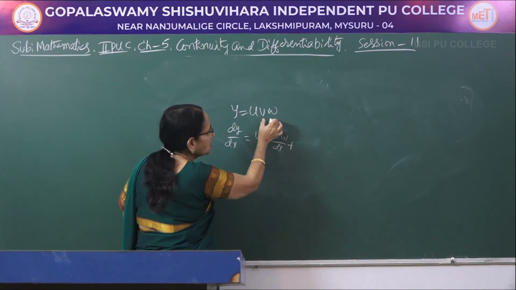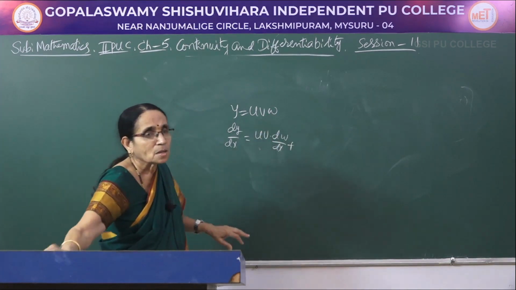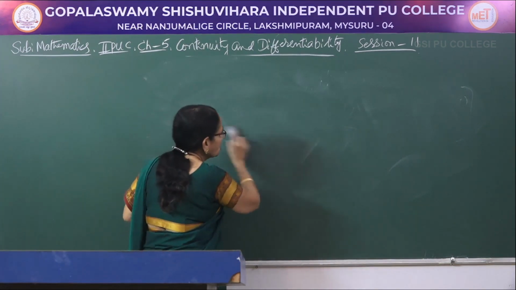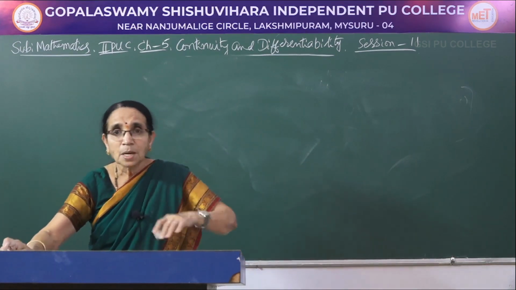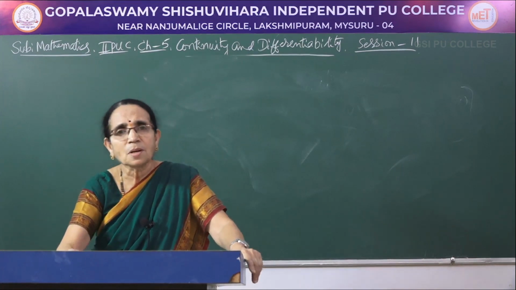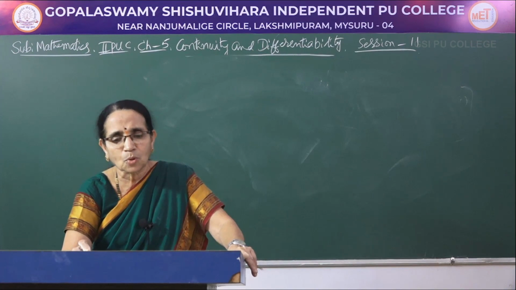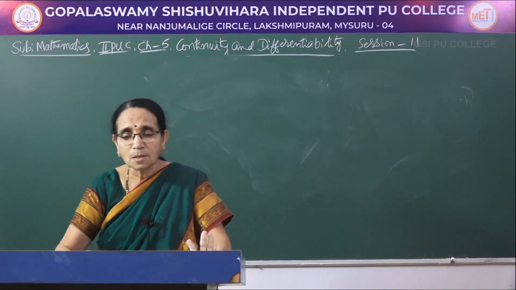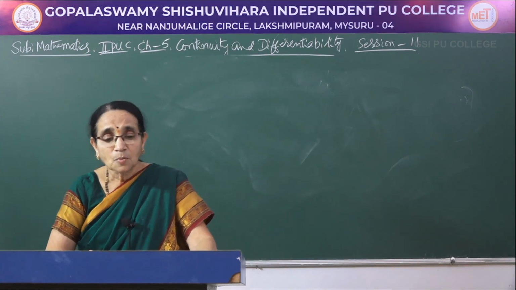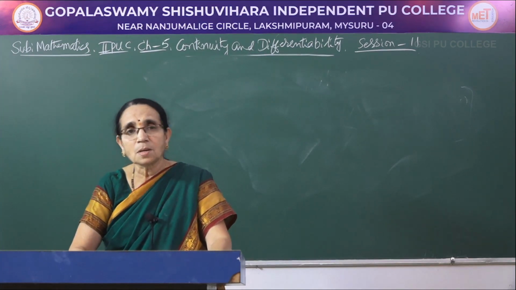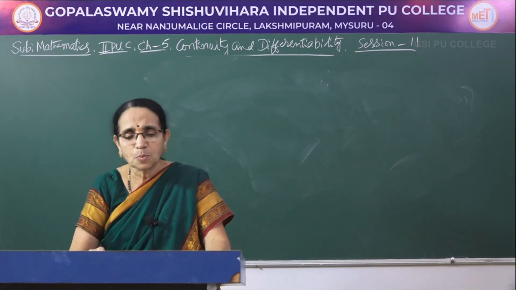plus, keeping 2 at a time, differentiate the third one, and change them in the cyclic order, then we will get the derivative. As the number of terms increases in a product, the number of terms on the right hand side of the derivative will also be more, but generally you are given a product of only 2 terms. These are the things I have recalled in this session, because we have to revise whatever was taught in first PUC to start the calculus of the second year PUC portion.